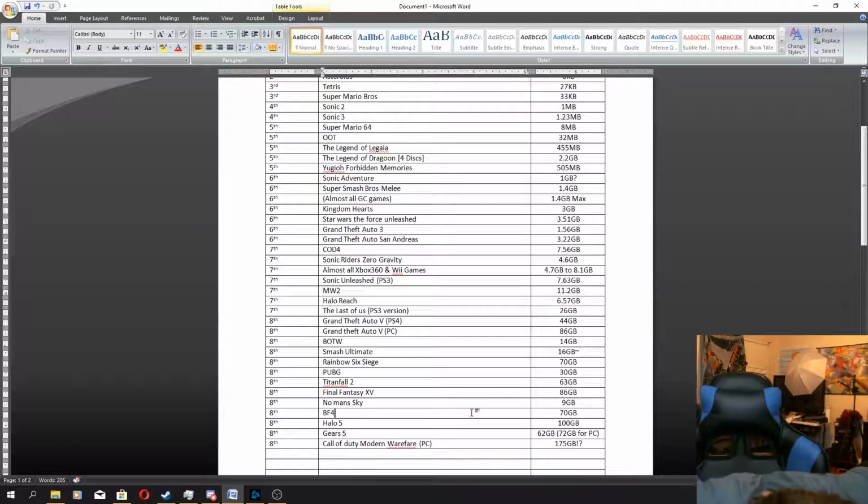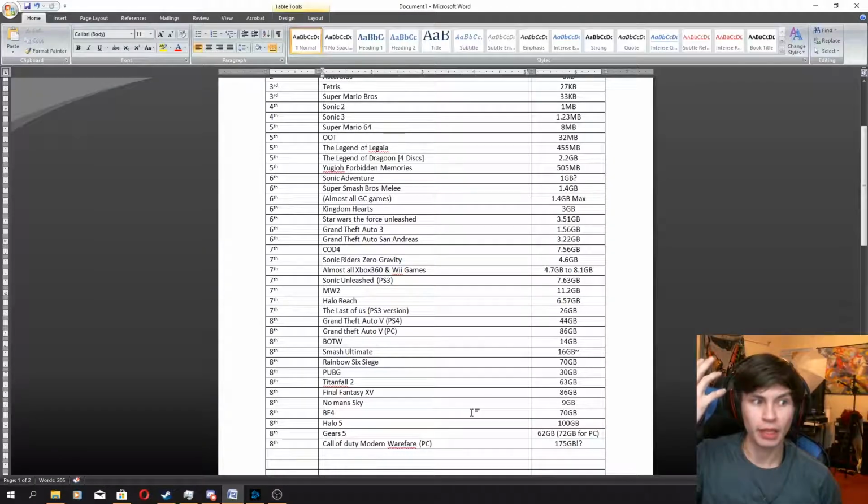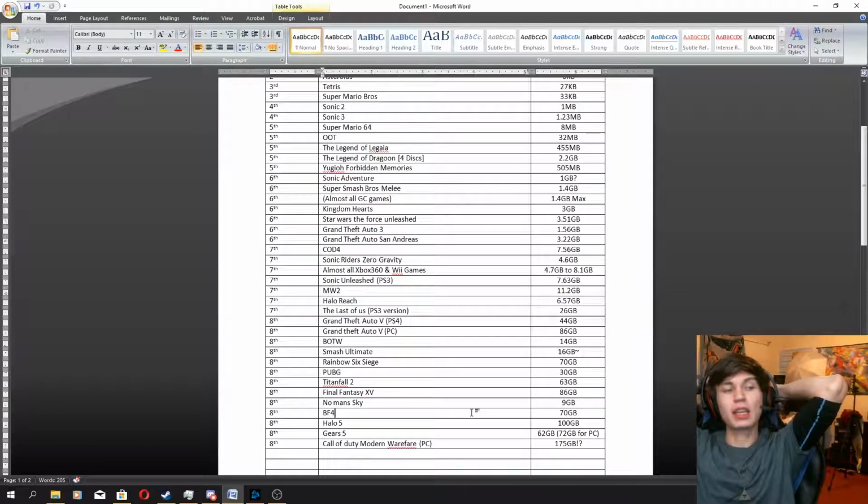Moving on to Halo 5. This one, I have to take a moment for that. This is an Xbox One only game. This was designed originally for the base Xbox One. So this is like a game designed for a console that had the graphics capability of something like a 750 Ti. This game is 100 gigabytes. Now, I haven't played Halo 5 since it came out, so this install size was a lot smaller back then. It was about 50, but today's current